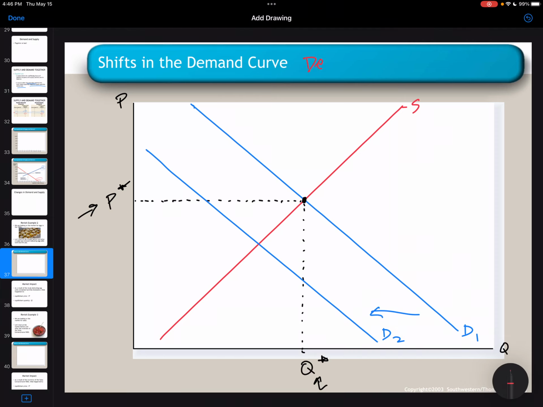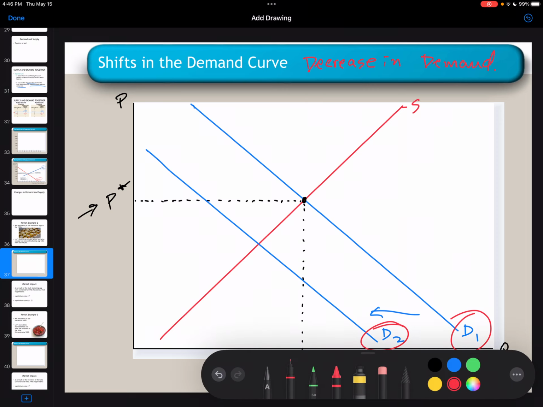This is a decrease in demand, okay? Well, the old demand curve, D1, that's our demand curve before. We now have demand curve D2, right? This is the way things are now. People have freaked out and they want to buy less eggs. So there's a lower demand for eggs, which means